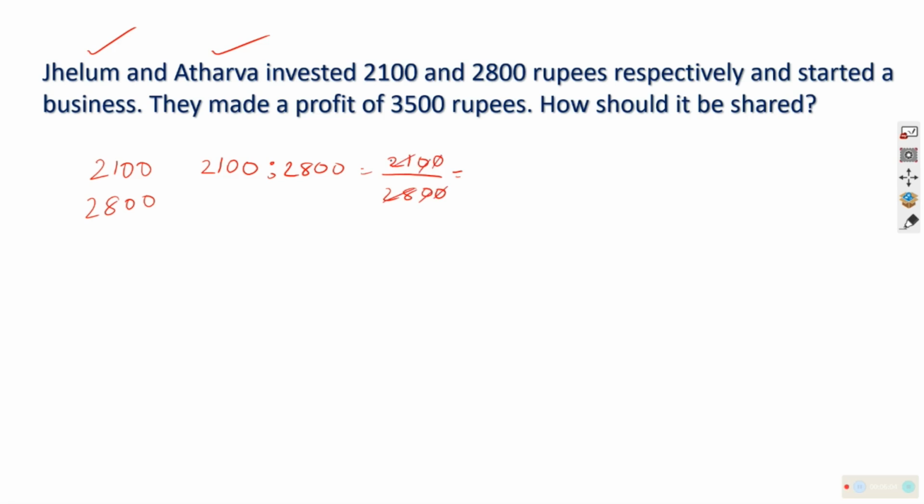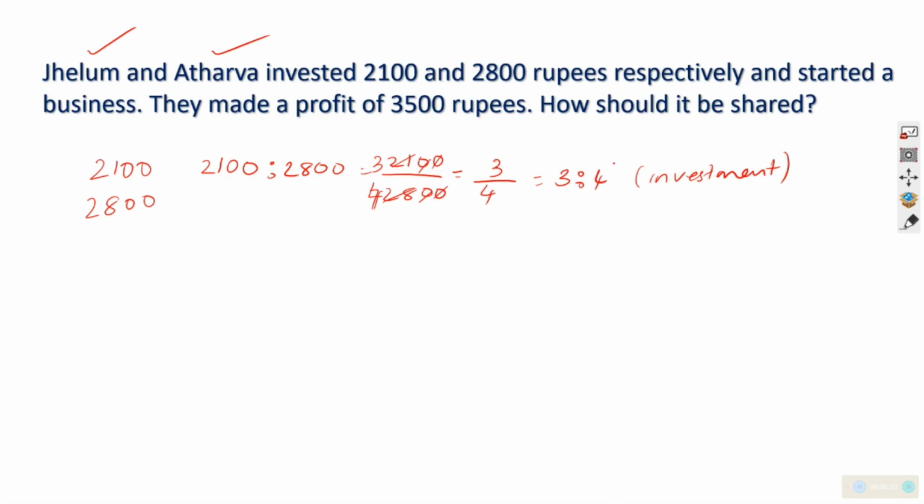Both will be having 3 sevens are 21, 7 fours are 28. That means 4 sevens are 28, 3 upon 4. That means 3:4 is the proportion of their capital, otherwise called investment or capital. They have invested 3:4. If there is 7 rupees, 3 rupees will be of Jhelum and 4 rupees will be